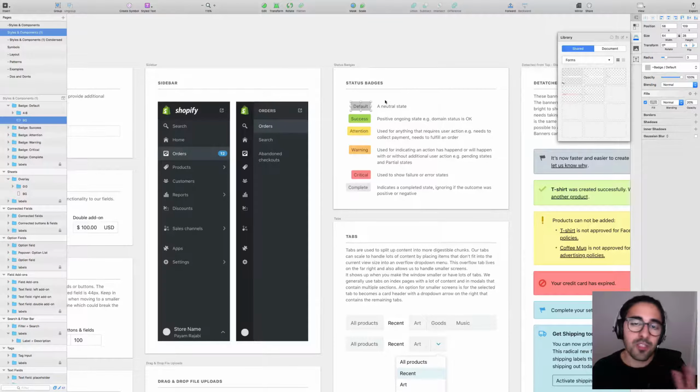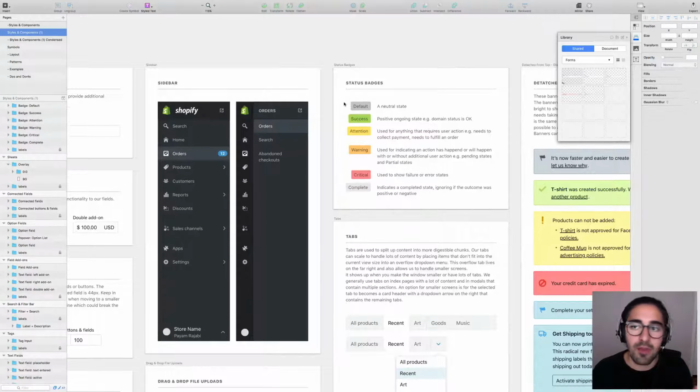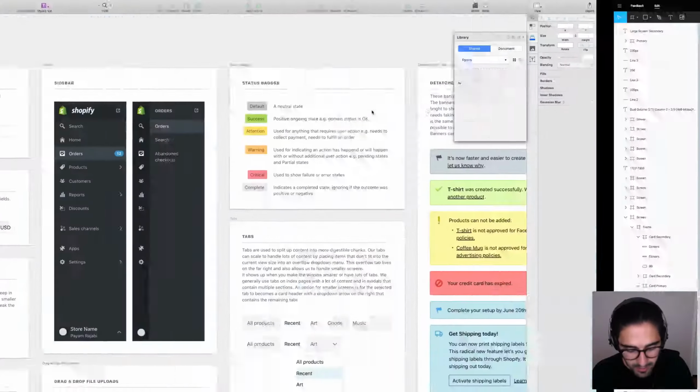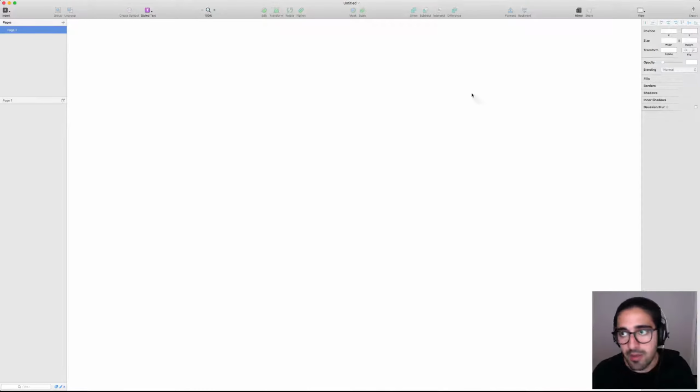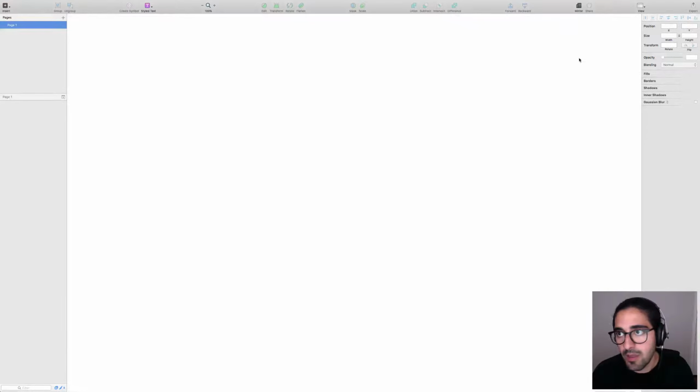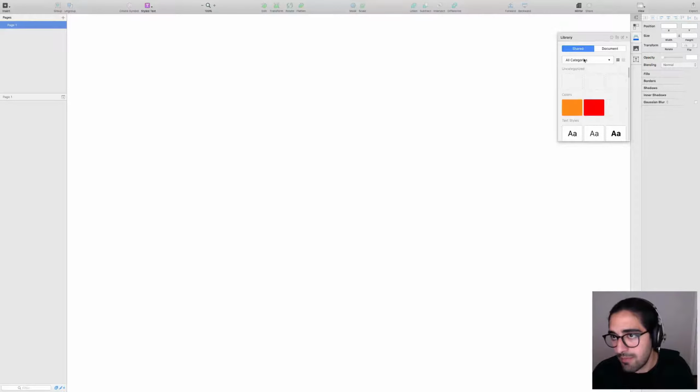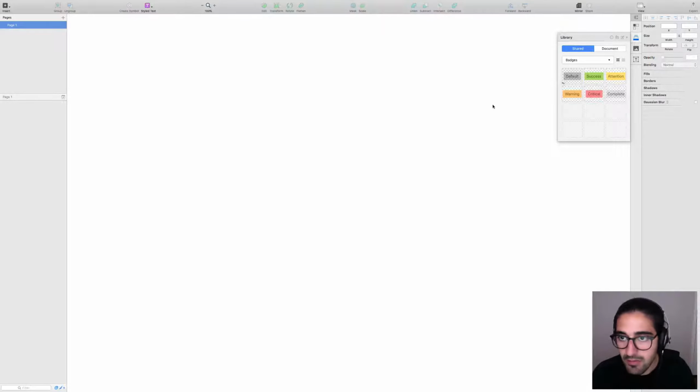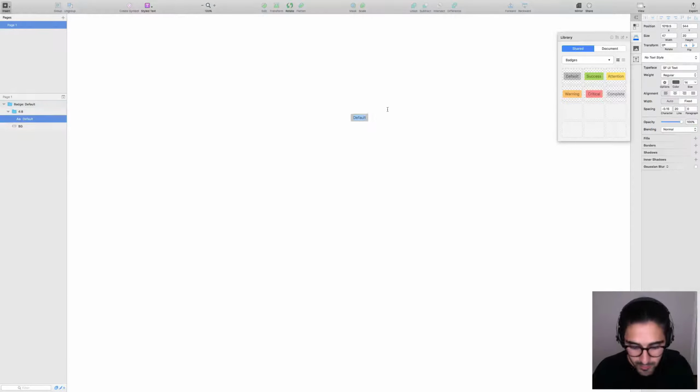If I could exclude those two things from the library asset, shared asset, then anyone else could, in another document, grab that asset, throw it in, make changes to it,